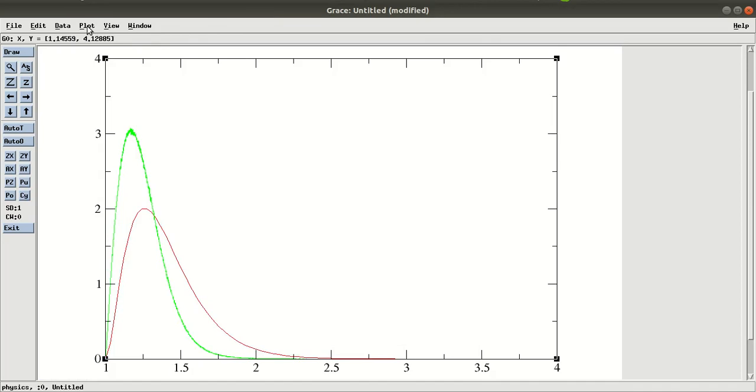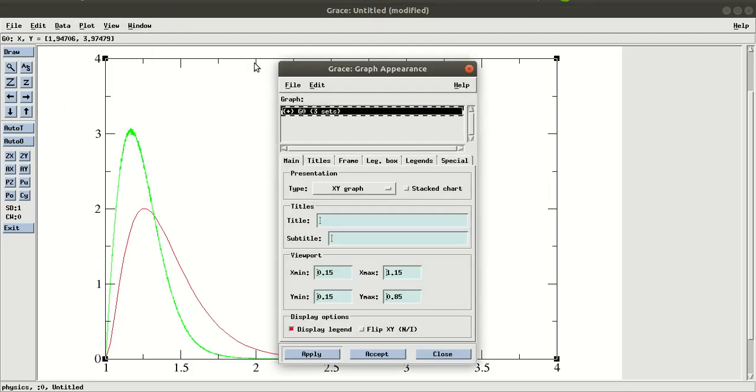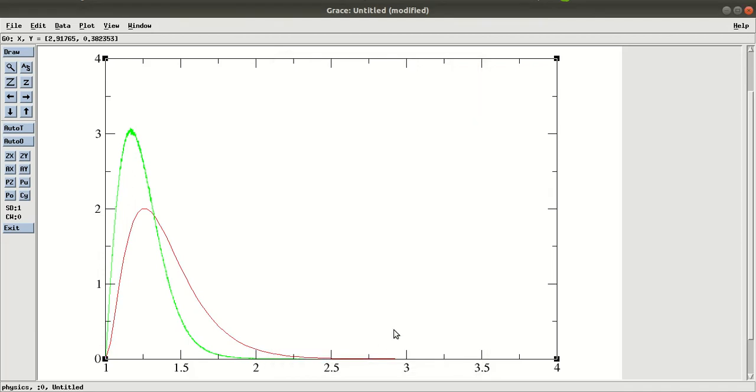You will go to plot and then graph appearance, and here you provide a title. Let's say the title is sample plot in XMGrace, right? Okay, so apply and then accept.